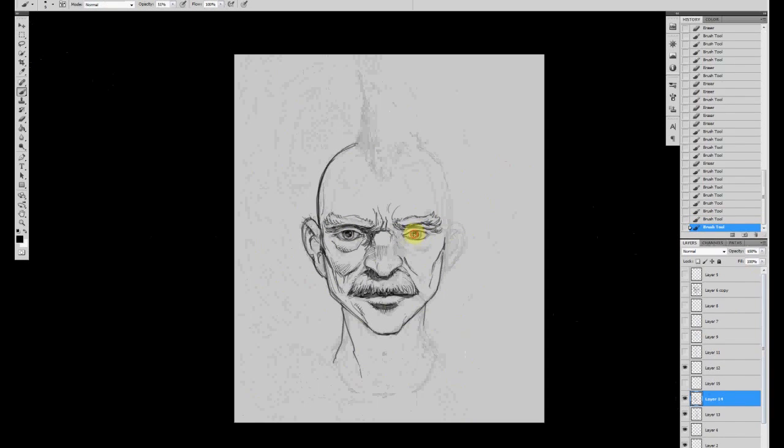Once you start doing that, you start to become familiar with this character, like you become familiar with a friend or a family member. And you start to sort of intuitively understand their features and their proportions. And that will help you when you're trying to draw that character from non-straight-on angles. So as you'll see here,